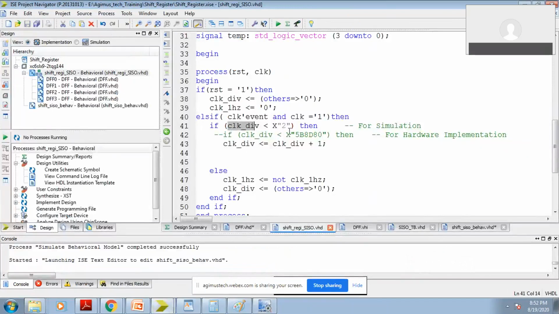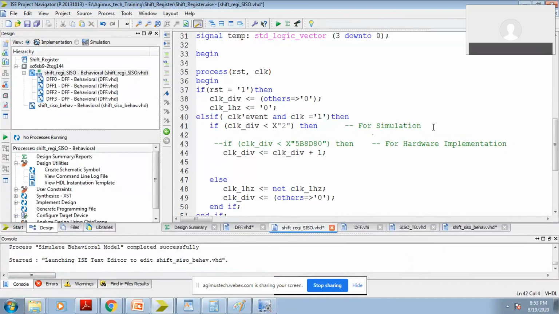So here clock is less than 2. Clock is less than 2 means we are just checking the clock div value. If you look here, I'm checking that the clock div value should be less than 0, 0, 0, 0, 1, 0, like this, a binary value. If you look here, this is binary value 2. So that means every time I am taking that many pulses for changing my clock. So it is exactly not divided by 2, it's divided by 4 basically, 2 raised to 2. Is it okay?